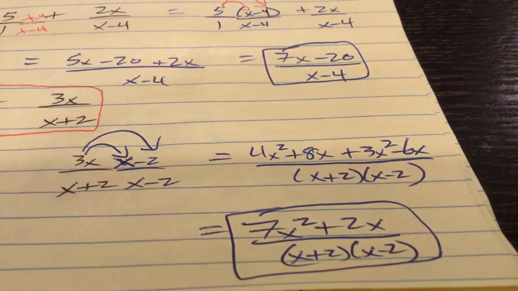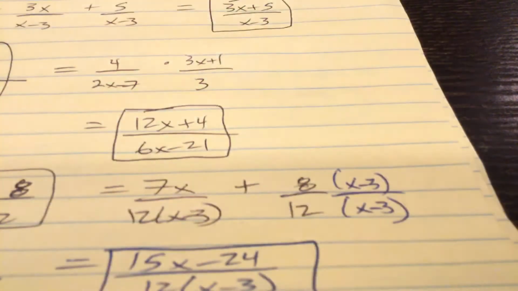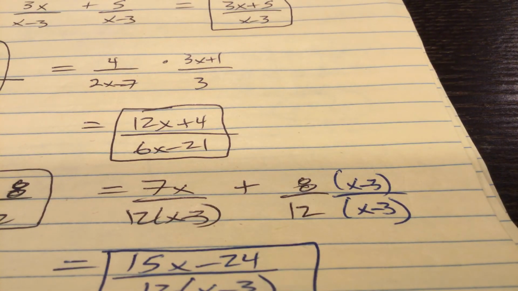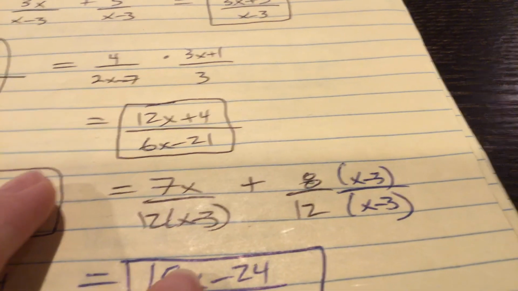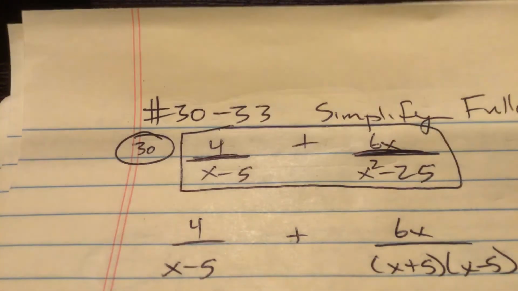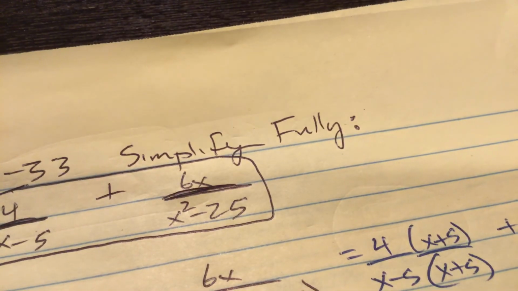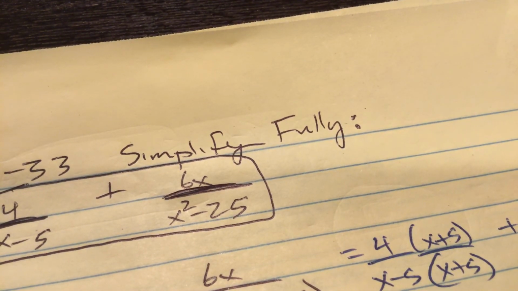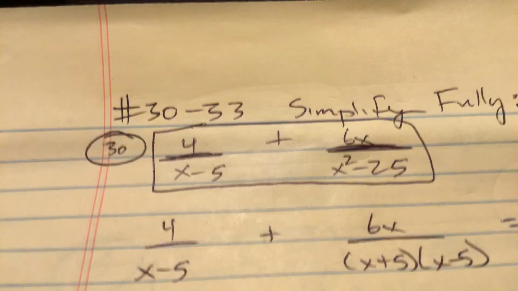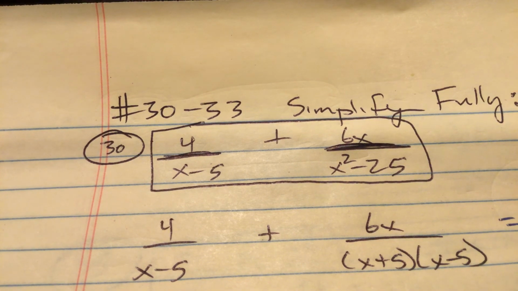All right. Probably going to go through one more page here. And I'll set us up for video number 4 that will finish this. All right, 30 through 33, simplify fully. It's what we've been doing. All right. 4 over x minus 5 plus 6x over x squared